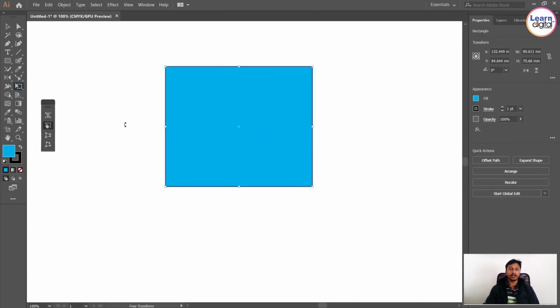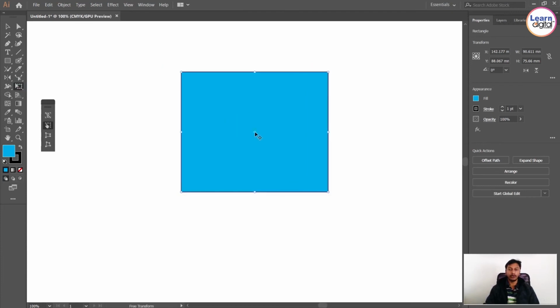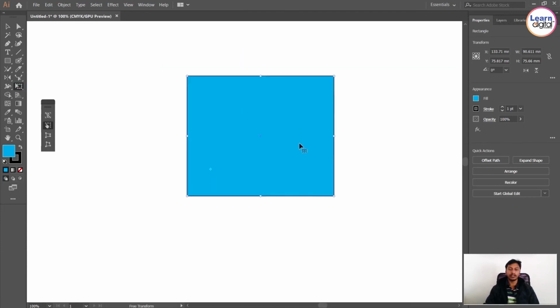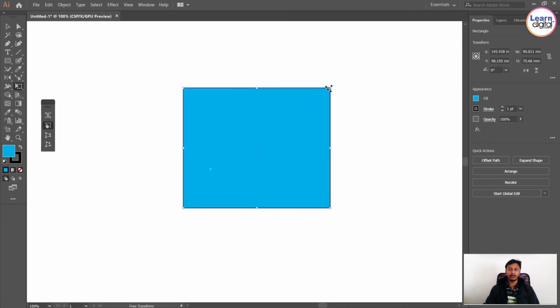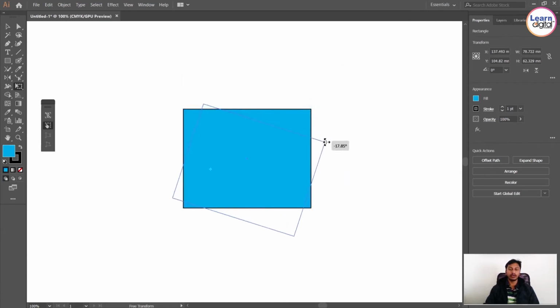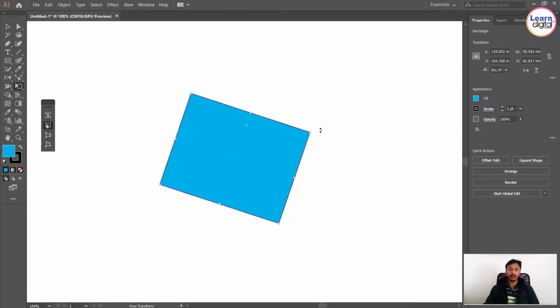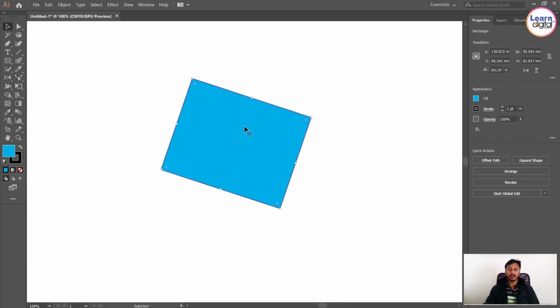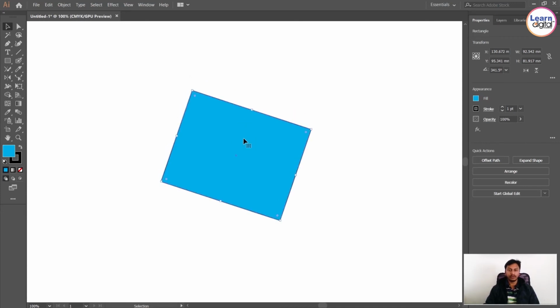If you select free transform, you will get a point over here. You can change and transform from one point to another point. If you move your cursor towards a corner, you can see the rescaling option, and also the rotation option. With the axis point, that means the center point or anchor point, you can rescale and rotate also. With this method, you can rescale and rotate your shapes with the help of these options.